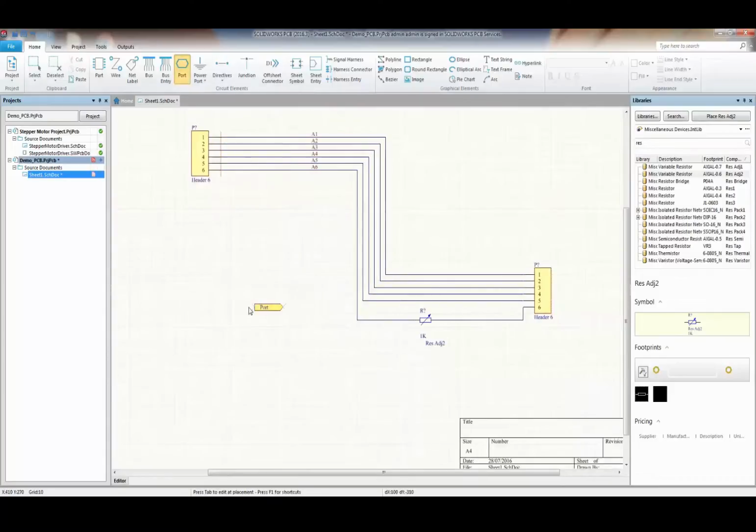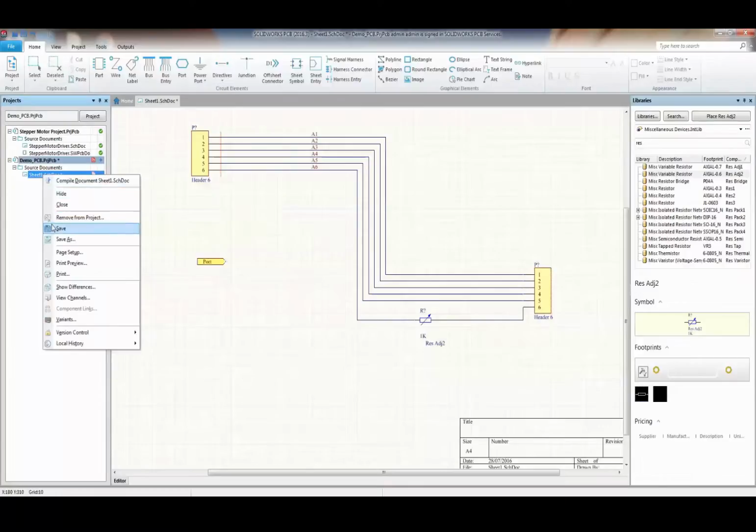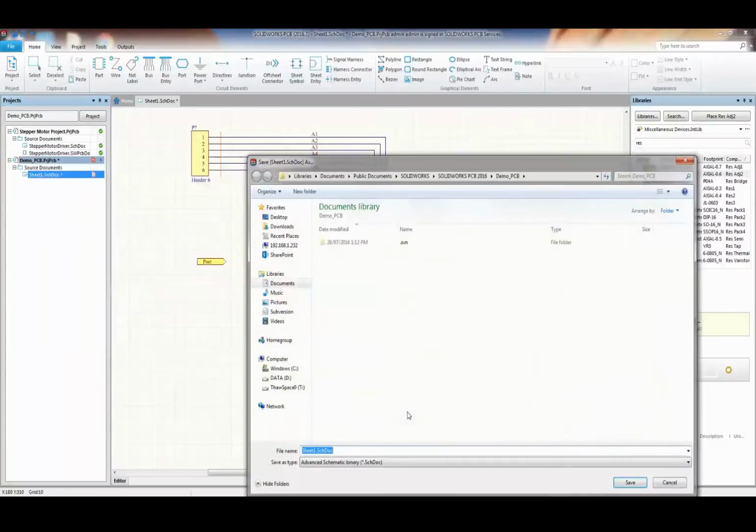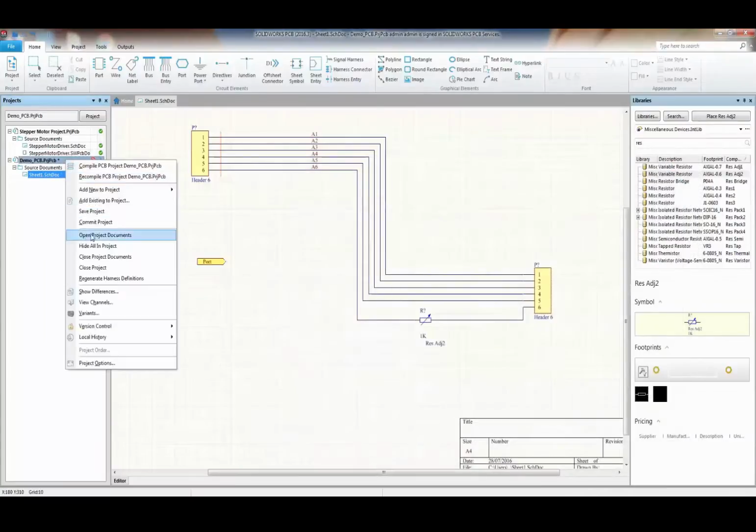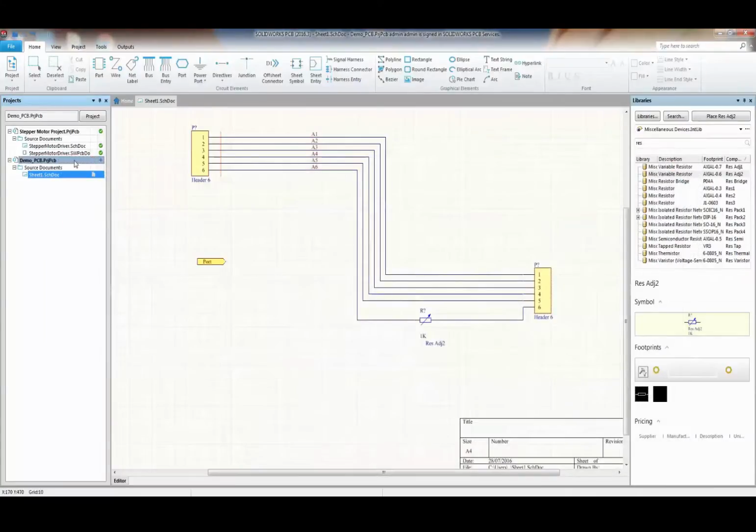We can also place ports, and let's just place one port over here. What I want to do with that port is display the multi-sheet capabilities of the software, because that is another feature of it. We'll go ahead and save our schematic sheet and save the project. Now, as you can see, you do see that plus sign, and this is relevant to